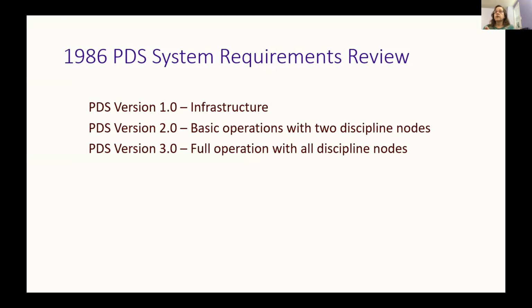PDS version 1, the first release, was focused on software infrastructure and designing the catalog that users would use to interface to the data. PDS version 2 would start basic operations in the central cataloging and distribution node, with 2 selected discipline nodes being brought up to full operational status as test cases, and they had detailed catalogs at the nodes to serve the data sets that they held themselves to a greater level than the general catalog. And then finally, PDS version 3 would be the final release with all discipline nodes fully operational and all user